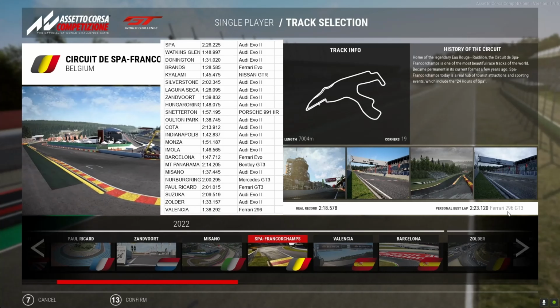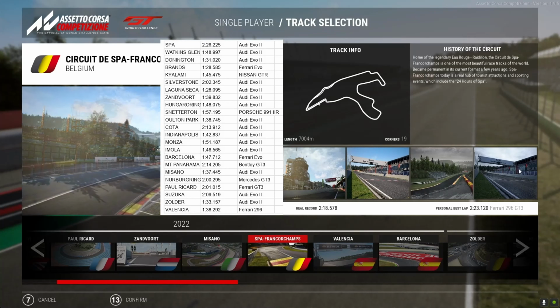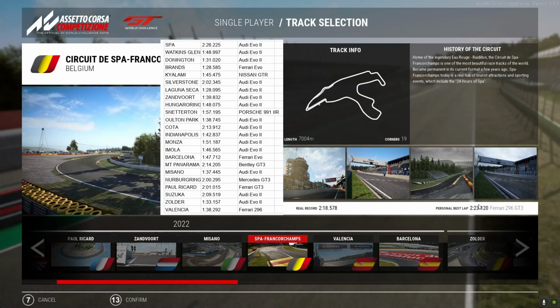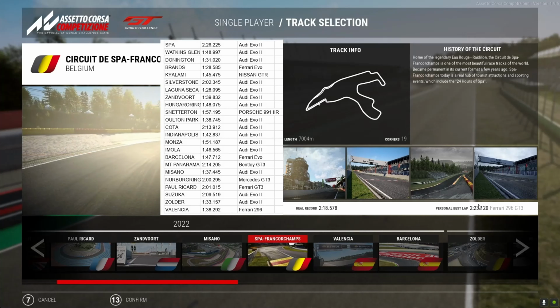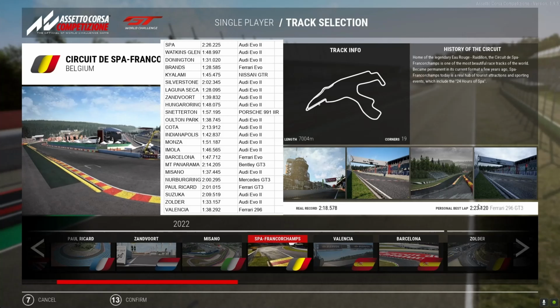And back when I was driving the Audi Evo, I was doing a 2 minute 26 second. So constant improvements. Now, there's one caveat with all these times. Most of them, I was doing the times on full race fuel. These are times set in a race. Because I really put in qualifying fuel, which I should, because